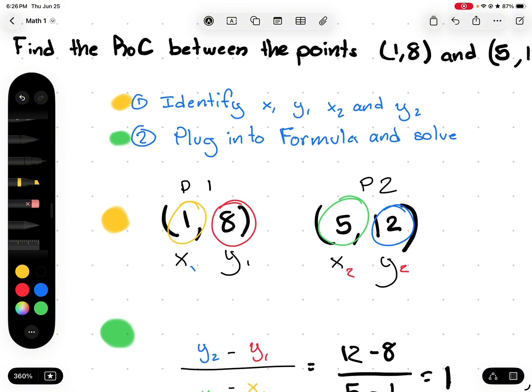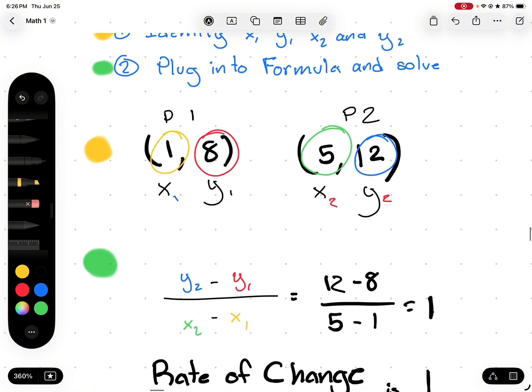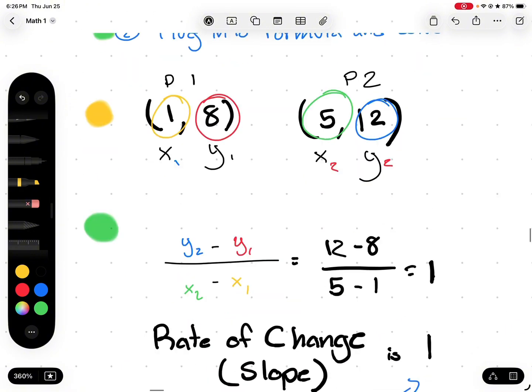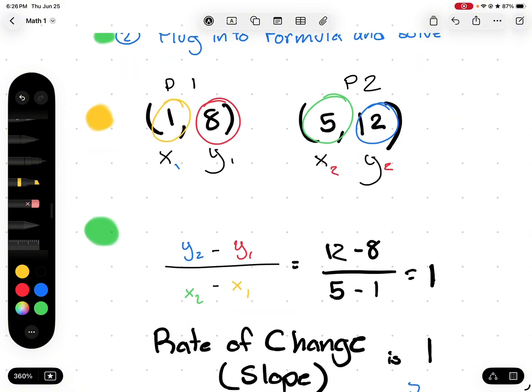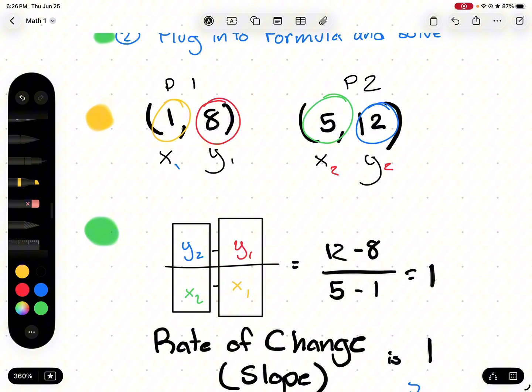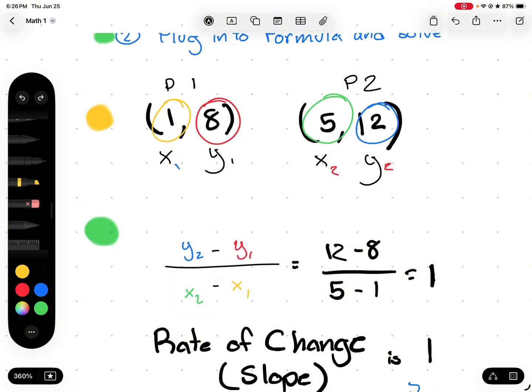So now that I've identified x1, y1, x2, and y2, and explained why x1 and y2 aren't the same thing, you can't have different numbers in the same coordinate, we're gonna plug the numbers into the formula and just solve. The formula is y2 minus y1 over x2 minus x1. Keep in mind that the 2's line up with the 1's. They're not interacting, they're not crossed with each other, they are directly on top of each other, and y is before x. So when we write our formula and we just plug back into the equation, we got y2 is